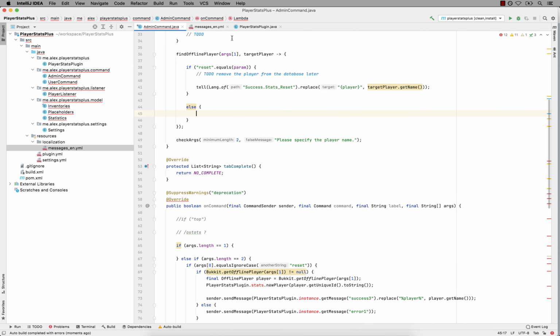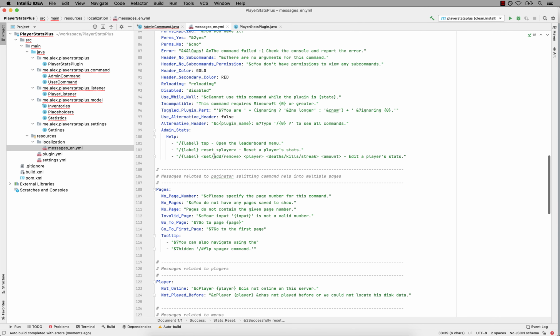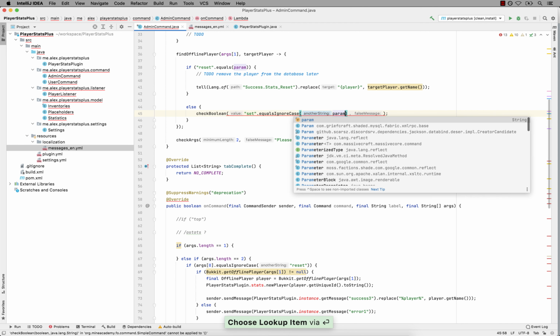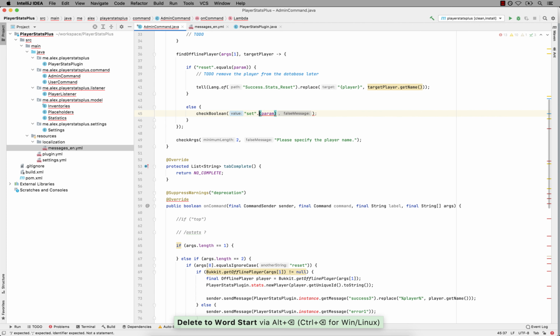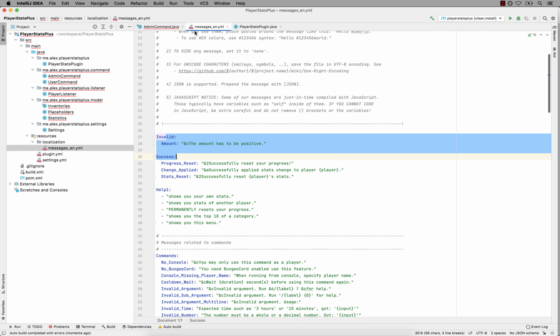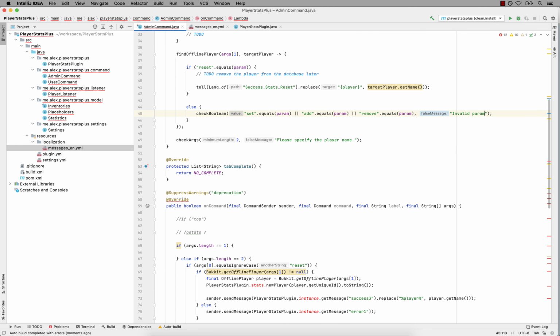Now else, if it's not reset, then it can only be this thing here, and we need to check it. So check boolean. It's either set or it's add or it's remove. And if it's not either of these, we're going to print out invalid parameter. Yeah, we don't have it here. I did not copy that message. Invalid parameter. Use